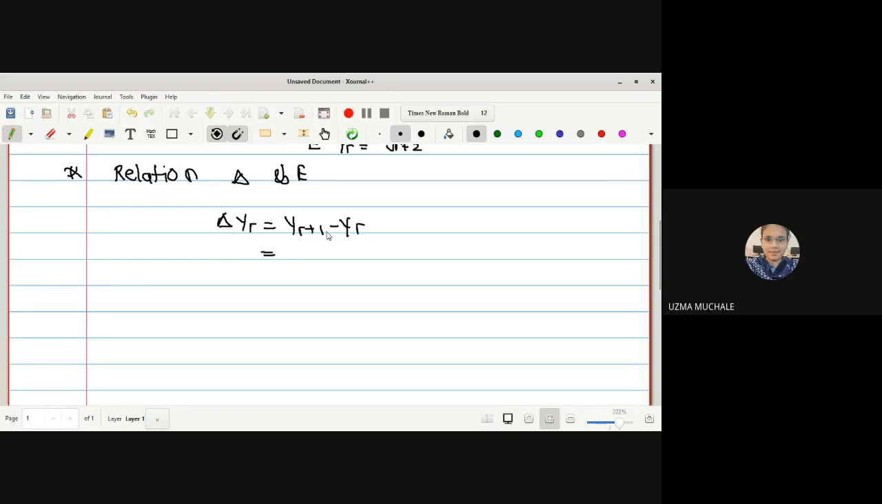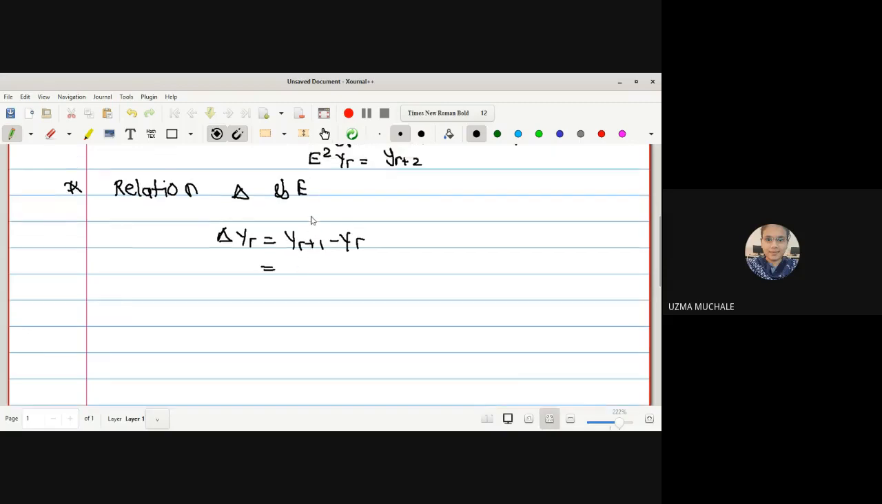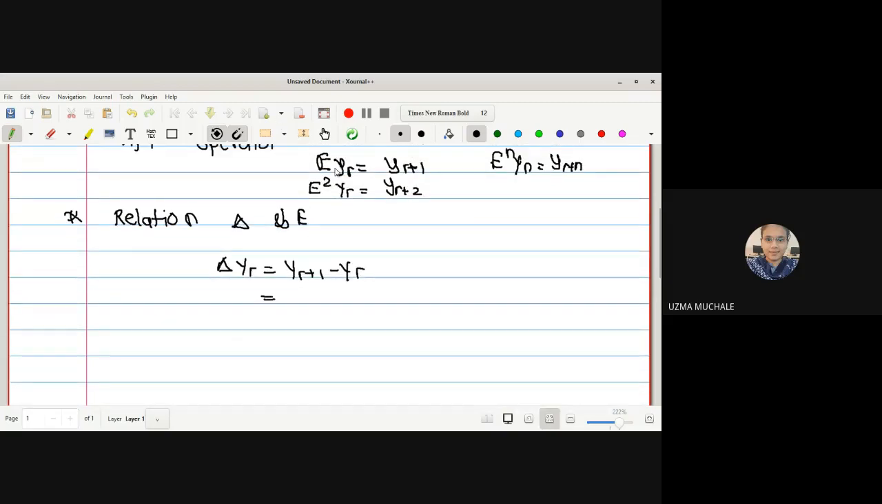Okay. Now what is yr plus 1? I can write this by the definition of the shift operator, it is nothing but E yr minus yr. In the next line, if I take yr common, it will be simply E minus 1 times yr, and on both sides there is yr, so yr is any term, we can cancel it out for any number yr. We can write this relation as delta is equal to E minus 1. Okay,